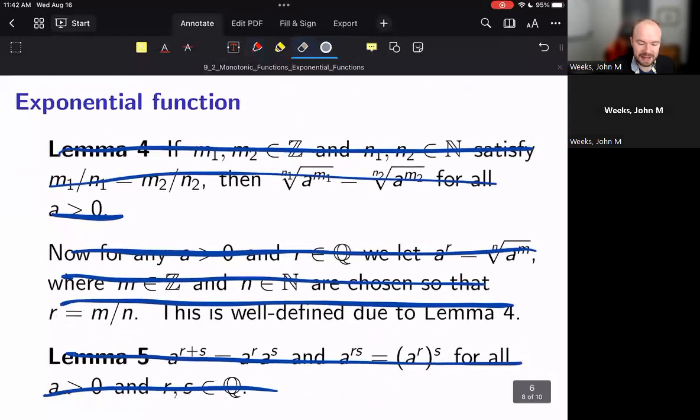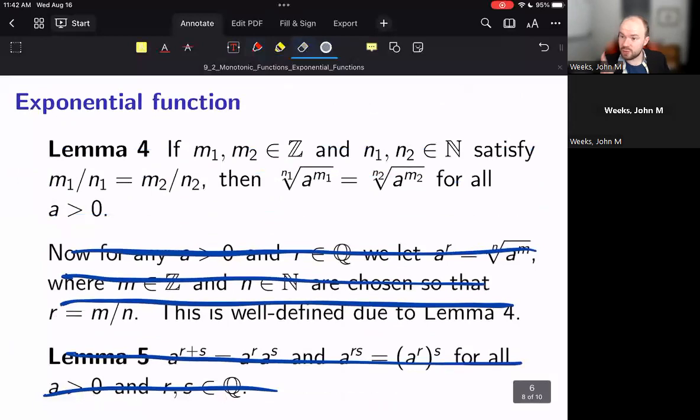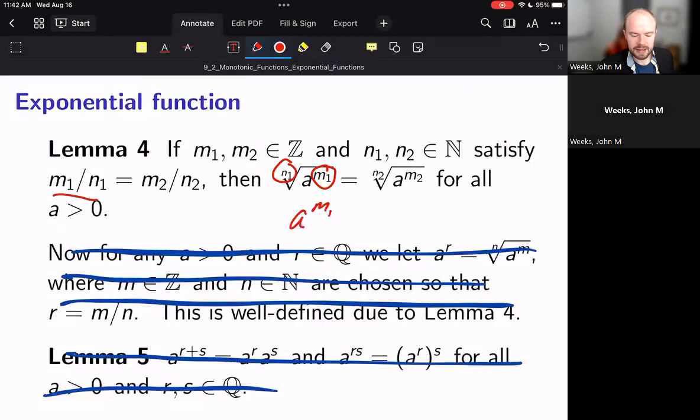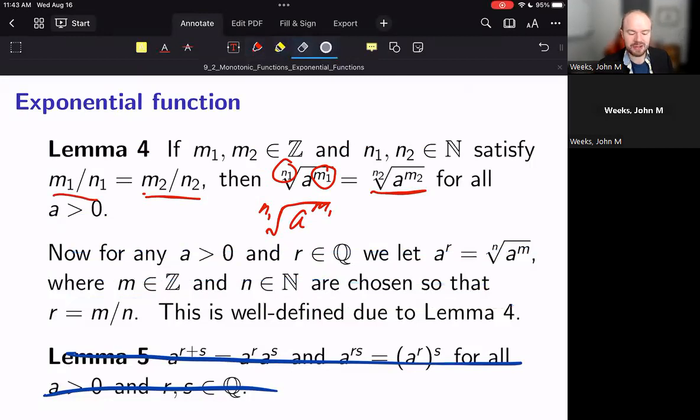Now, we also have a way to define this in terms of fractions, and that is going back into using the root functions that we were talking about before when discussing the power stuff. Remember that we define the root function to be the inverse function of the power function. So, for example, if I'm looking at something like m1 over n1, and I'm taking a to the m1 and then taking the n1-th root, it turns out that this also ends up working whenever I have a different way of expressing that fraction in terms of potentially not its simplest terms. What that means is that we can now make a well-defined definition for power functions or exponential functions